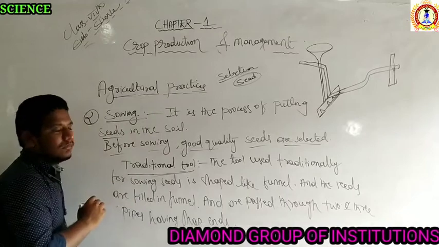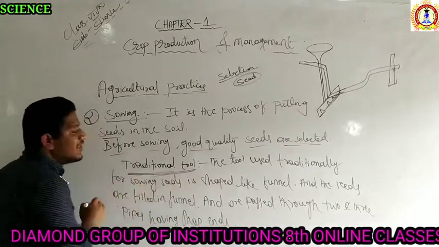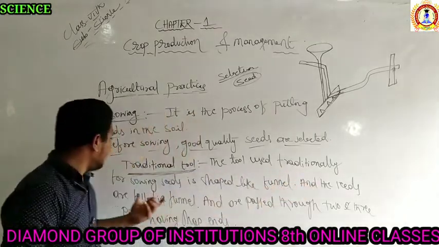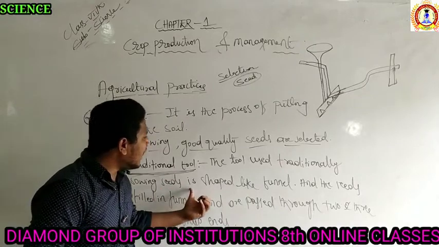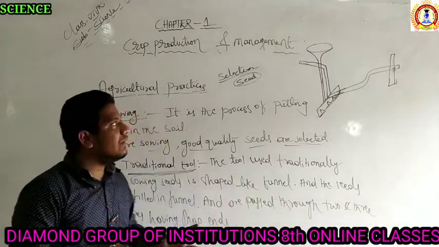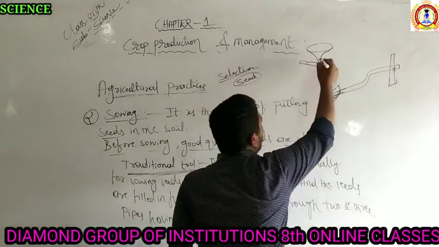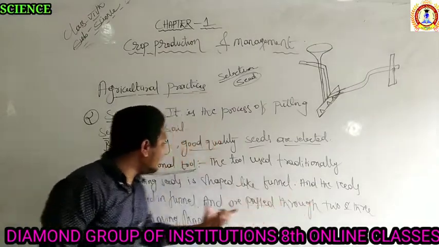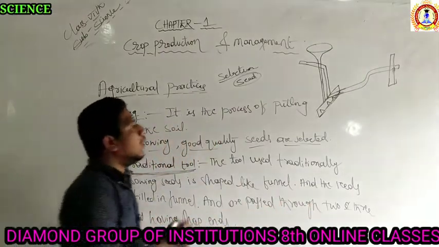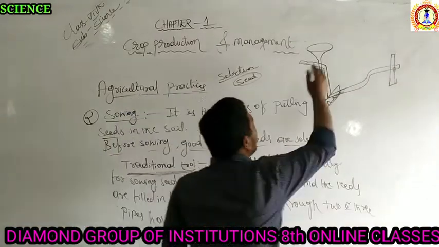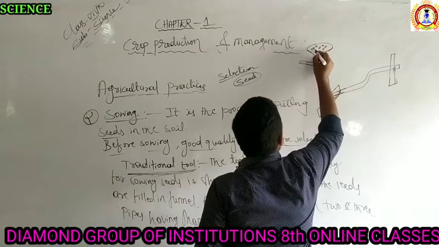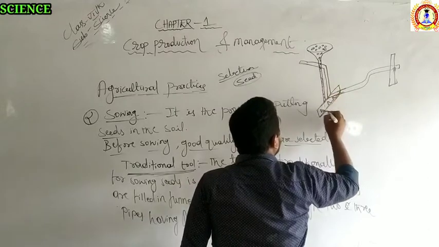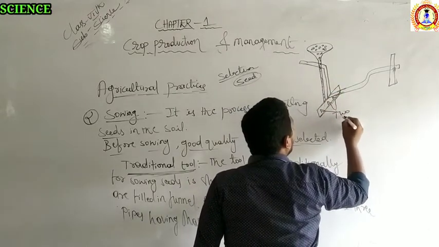Then how is the sowing done? Right? The sowing is done by the traditional tool. The traditional tool is used traditionally for sowing the seeds, and is shaped like a funnel. Funnel means this is a funnel. The funnel will be in this shape, right? It is shaped like a funnel and the seeds are filled in the funnel. Whatever seed you are going to sow, those seeds are placed into the funnel, right? And this funnel is connected to two or three